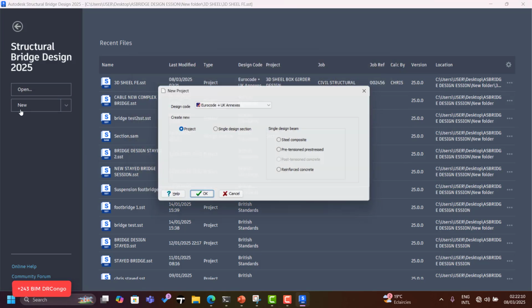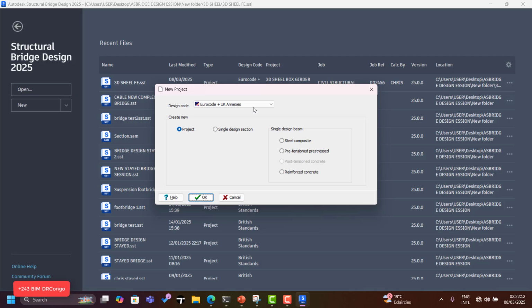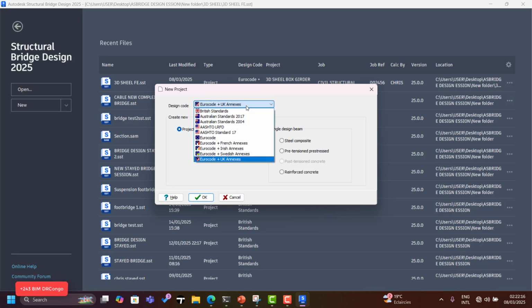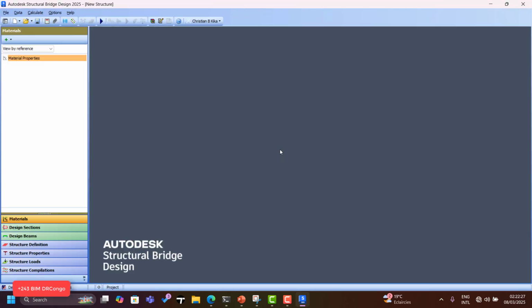I can work with the UK annex, or I can work in Girder code with the French annex. From my side, I prefer to work with the UK annex. Of course, first of all, before you begin modeling in Autodesk Structural Bridge Design, you must